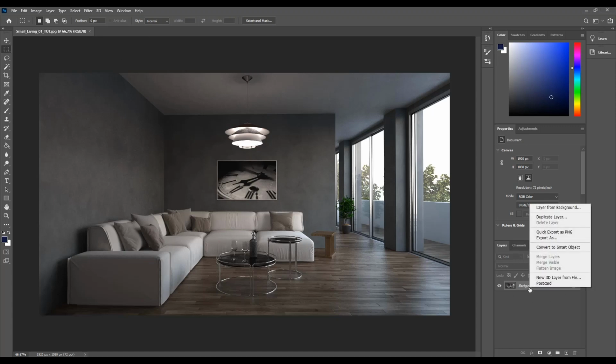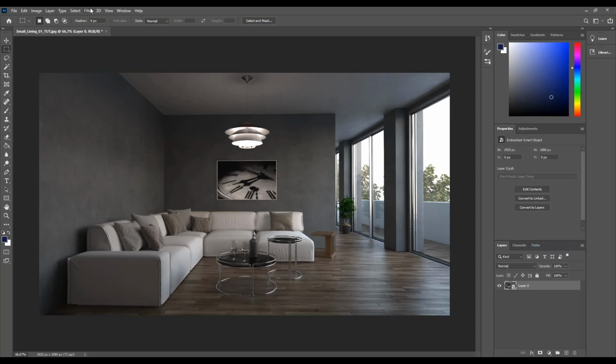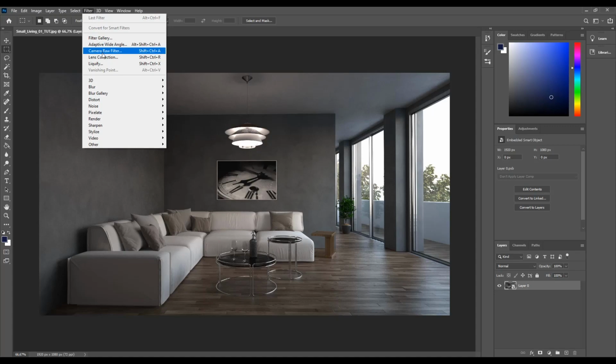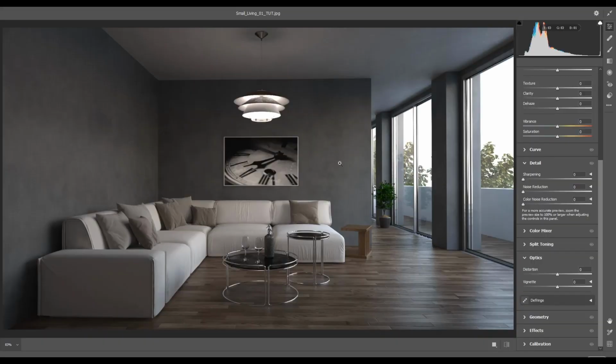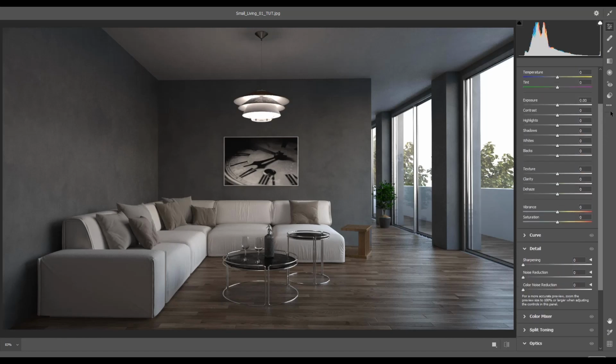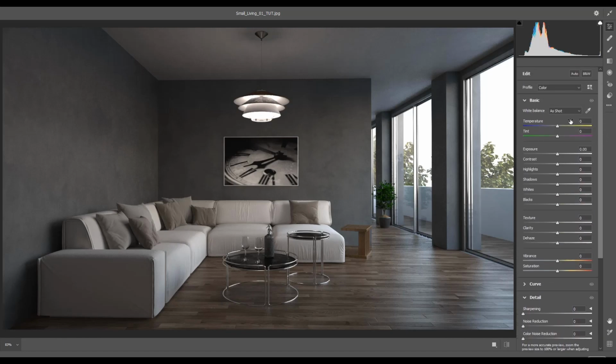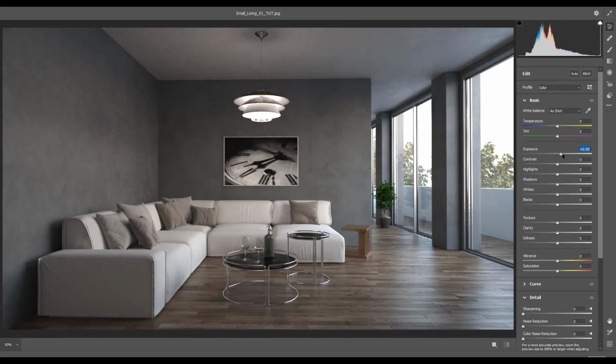I usually convert it to a smart object and apply a camera raw filter to change a little bit the lighting of the image. So I think it's good to increase the exposure a little bit generally, and maybe the contrast. Yes, something like this,